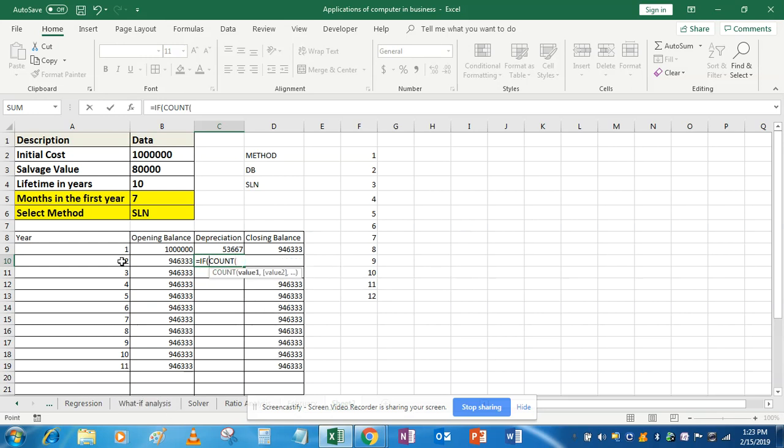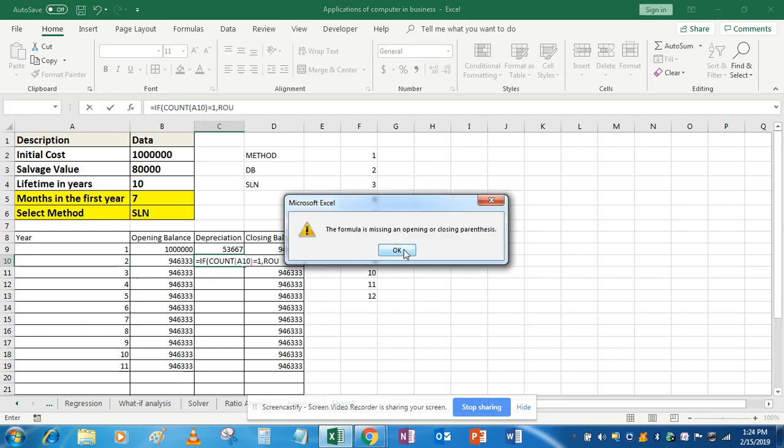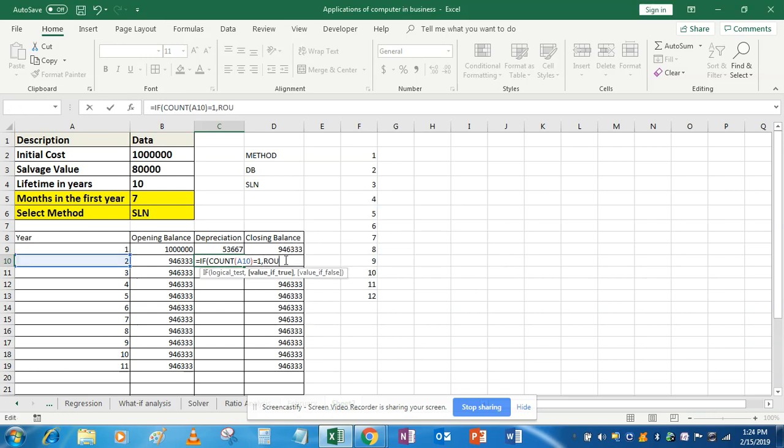Count of this cell is equal to 1, then start. Start with round because we want the whole number only in round format. Round. Now start. If this cell, fix this cell, is equal to DB